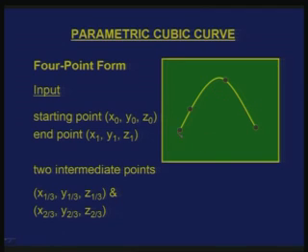The first point I will anyhow give u equal to 0, but for the next I will give a parameter value which is proportional to the distance. What is that? d 1 divided by d 1 plus d 2 plus d 3. For the next I will give d 1 plus d 2 divided by d 1 plus d 2 plus d 3, and this is of course u equal to 1 which corresponds to d 1 plus d 2 plus d 3 divided by the same denominator. So, that is in fact the most common way to represent a parametric cubic curve in a 4 point form, but there is a disadvantage with that.